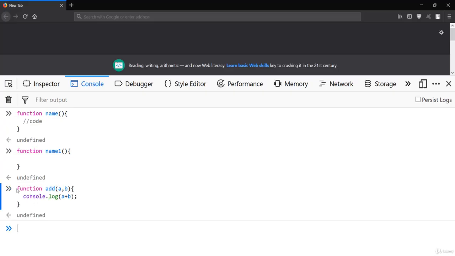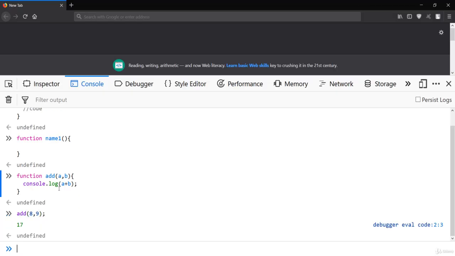You have declared the function, but you can see here we haven't got any output from that function because we are not calling it. Just remember, the first part of the function is to declare it, which we just did here, and the next is to call that function. Whenever we need, we call this function to do the task for us. Calling is simply using the name of the function and passing the arguments. In this case I'll say 8 and 9. When I say 8, 9, it will give me 17, which is basically the addition of 8 and 9.